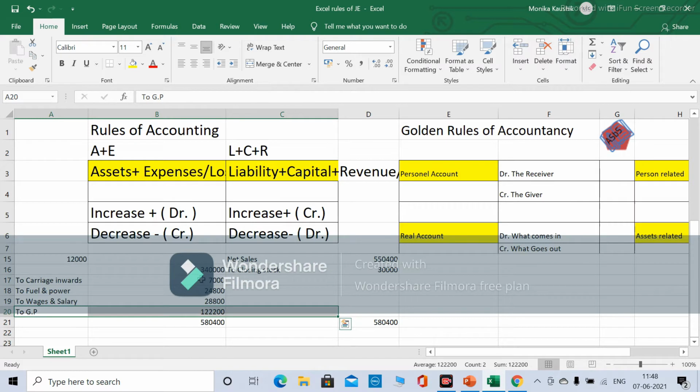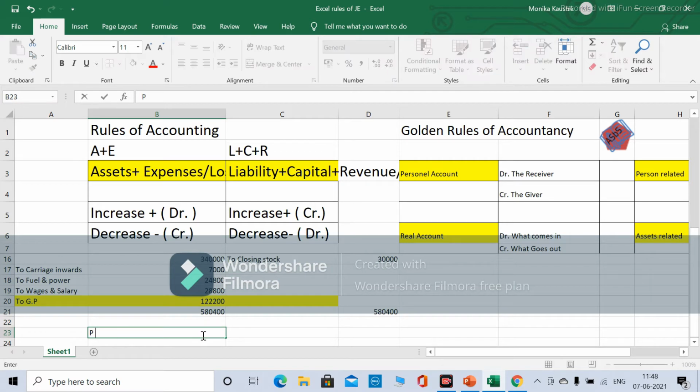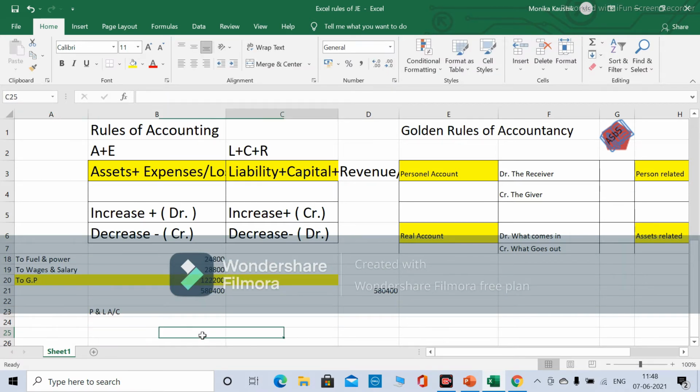So this is my gross profit. This will go again in the profit and loss account. I hope this is clear to you. Now let's start the profit and loss account. First of all, the first step would be by GP, by gross profit. Let's transfer this